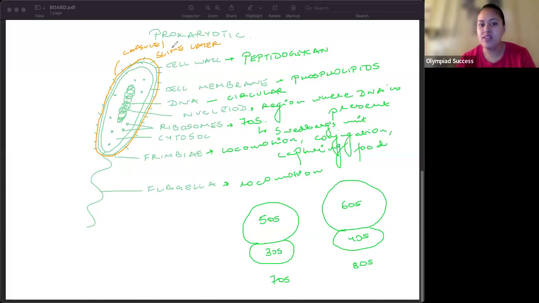Why? Because whenever we get a bacterial disease, we take an antibiotic, right? So what does the antibiotic do? The antibiotic will penetrate the cell wall and will not allow the cell to reproduce. So it breaks the cell wall, and automatically the cell also breaks down. But if there is an additional protective covering on top of the cell wall, it's very difficult for the antibiotic to break through. And that is why this one is more virulent.